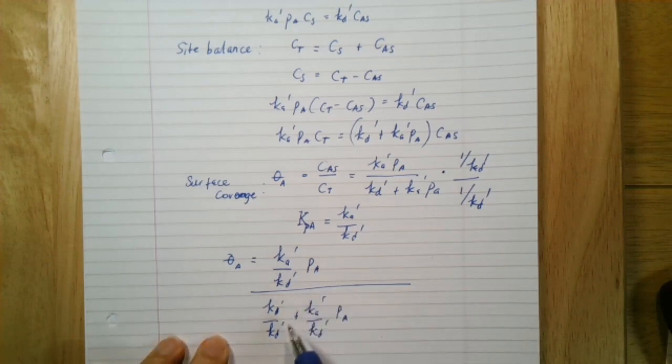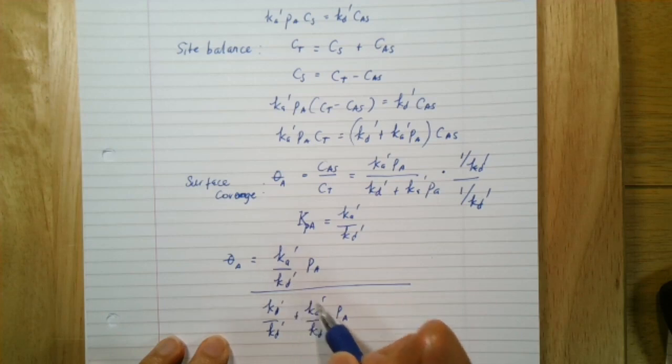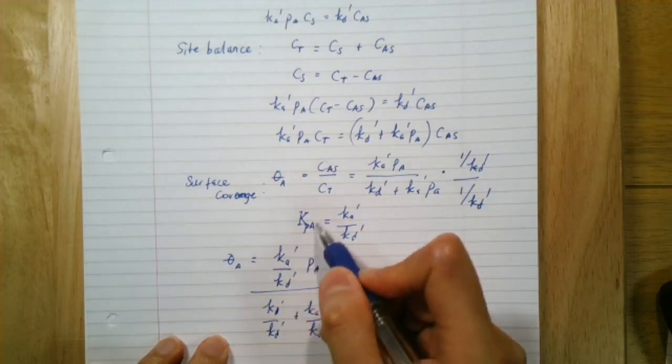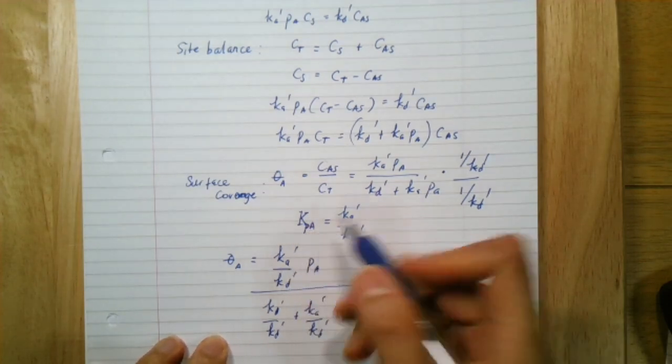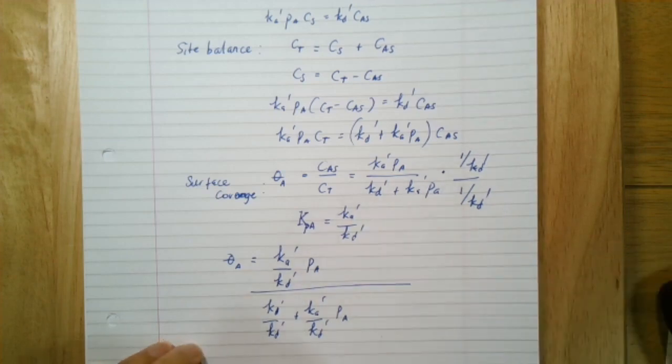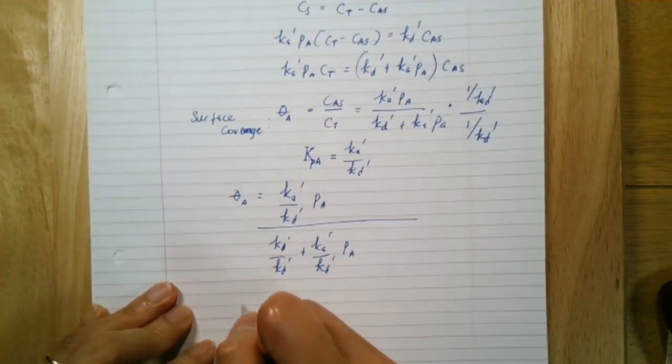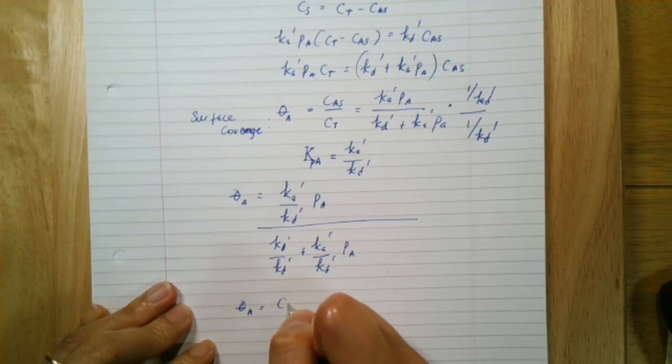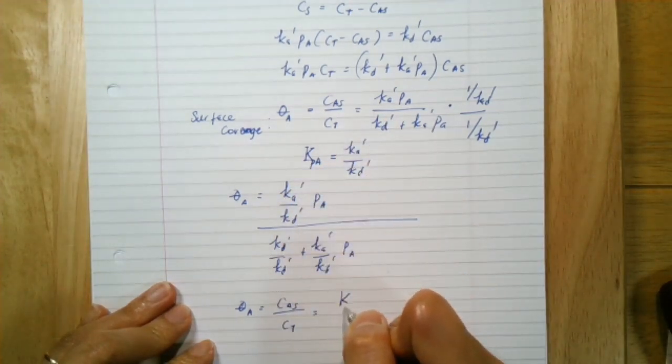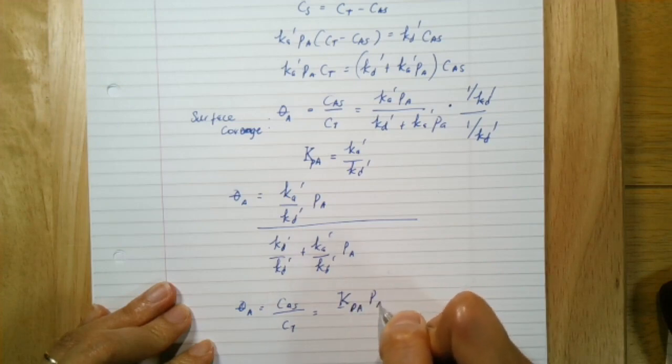So now I can just simplify this because Ka prime over Kd prime, by definition, is the adsorption equilibrium constant. So I can write this as theta A, my surface coverage, CAS over CT. This is equal to capital Ka, or Kpa, Pa,